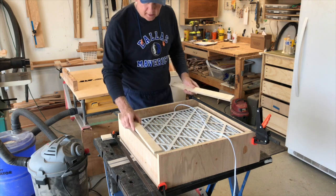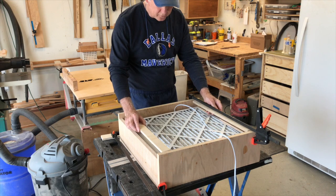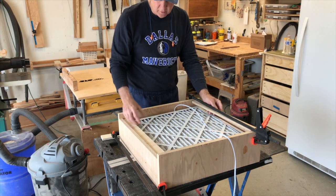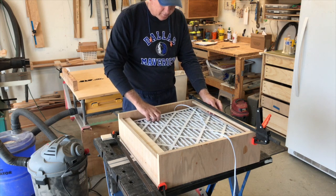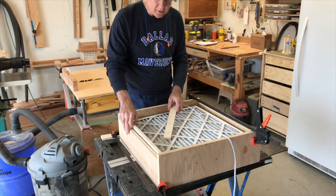Then I'll come in here and I'll put some pieces in here for the frame to make sure that the filter just doesn't fall out when the fan's not on. When it's on, it'll suck it in and be tight enough. So we have a little play in here, top to bottom, but right now I'll have to cut a hole